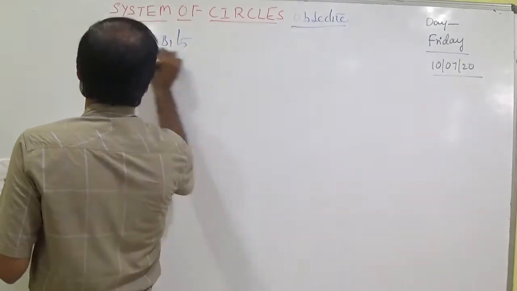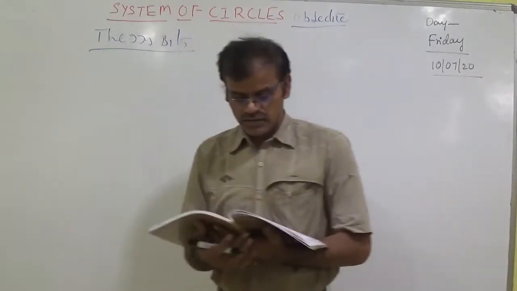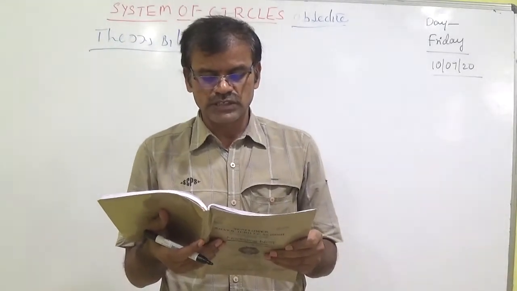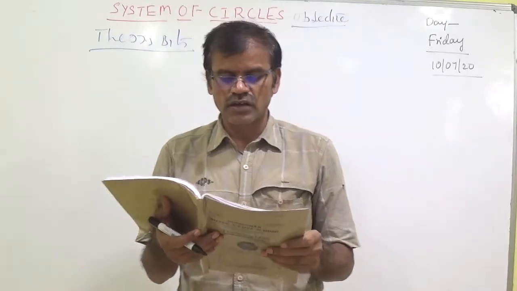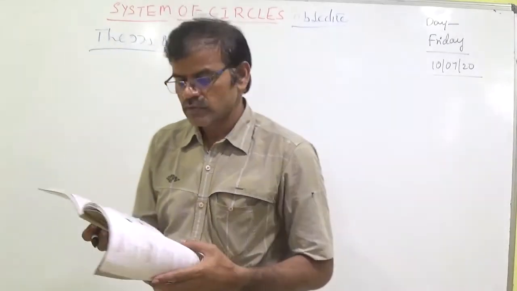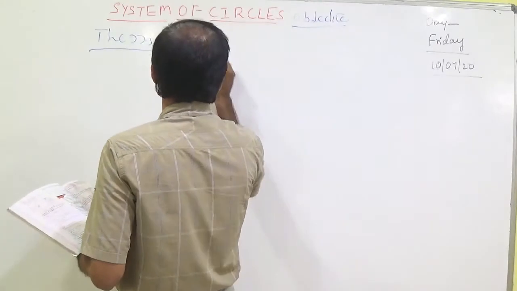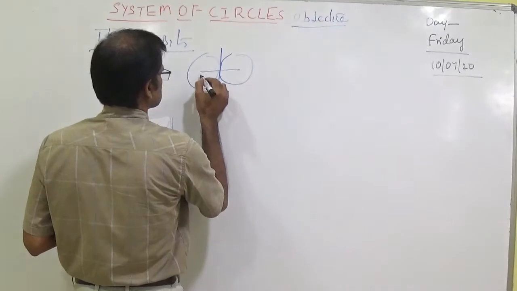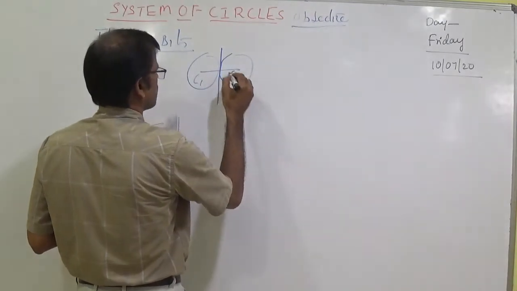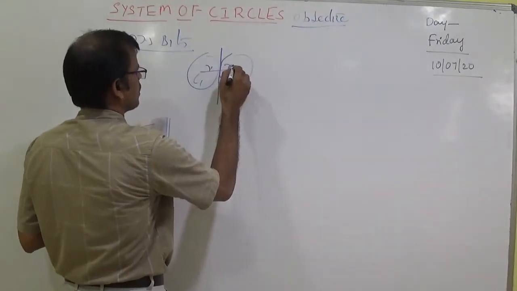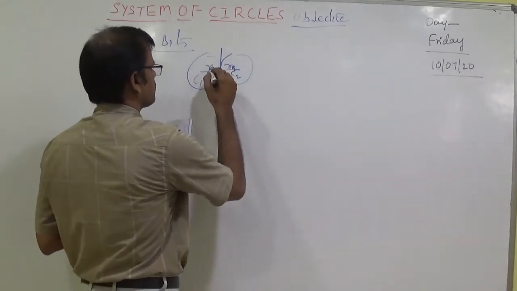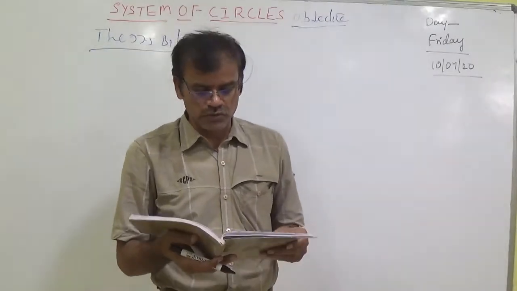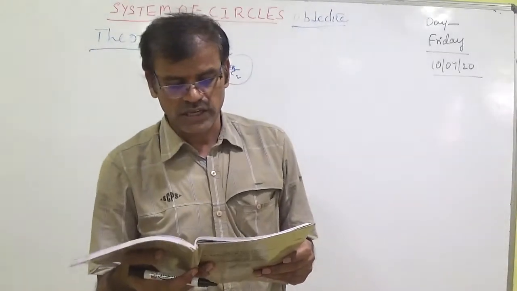Let us discuss the theory bits. First question: the radical axis of two touching circles divides the line segment joining the centers of the circles in their ratio. What is the ratio? These are two touching circles, so this is the radical axis. The radical axis is nothing but the common tangent. So this is R1 and R2. C1C2 is equal to R1 plus R2, the condition divides in the ratio R1 is to R2. So the formula is here, radii. Here it is the second option.